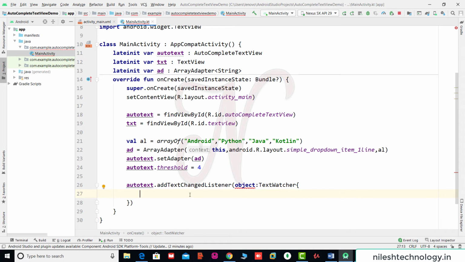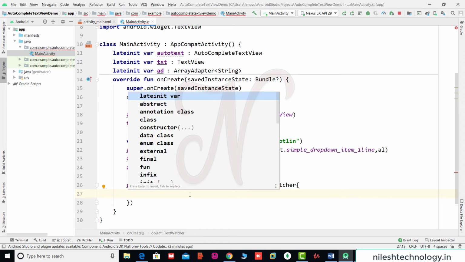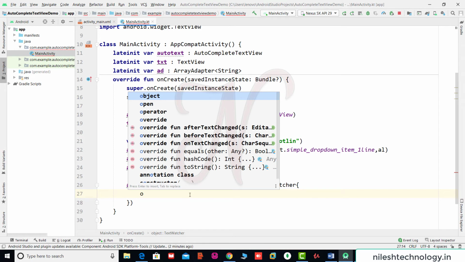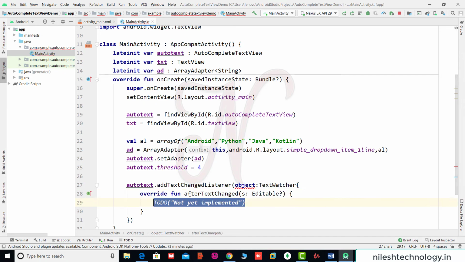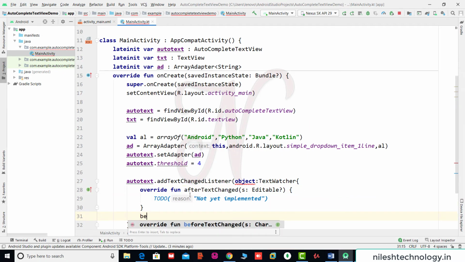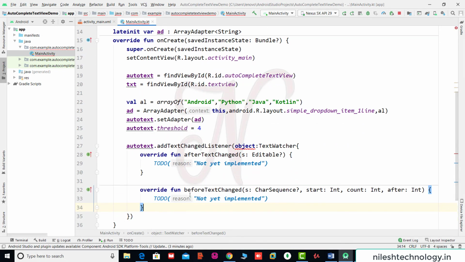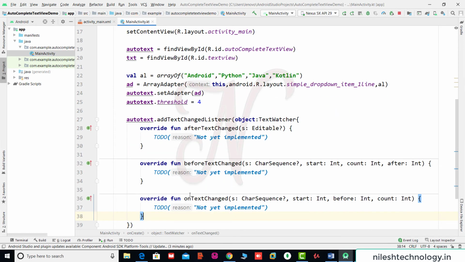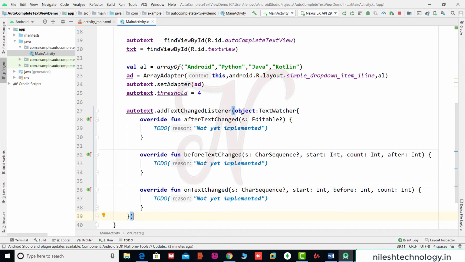So press control space bar and see here these 3 methods: after text change, before text change, on text change. So override these 3 methods. So see here, the errors are gone. So these 3 methods are overridden. So use any one of them.